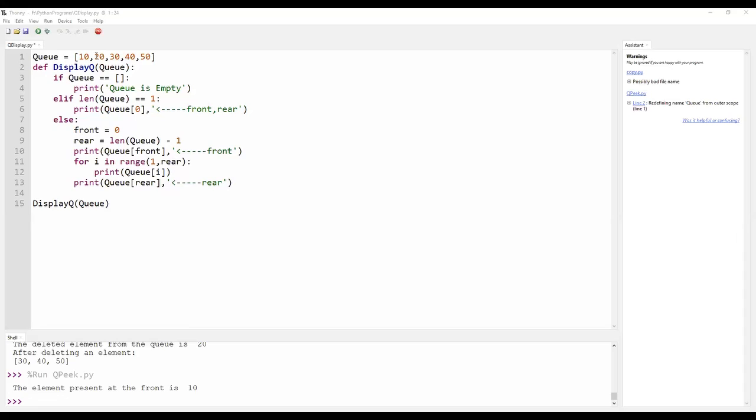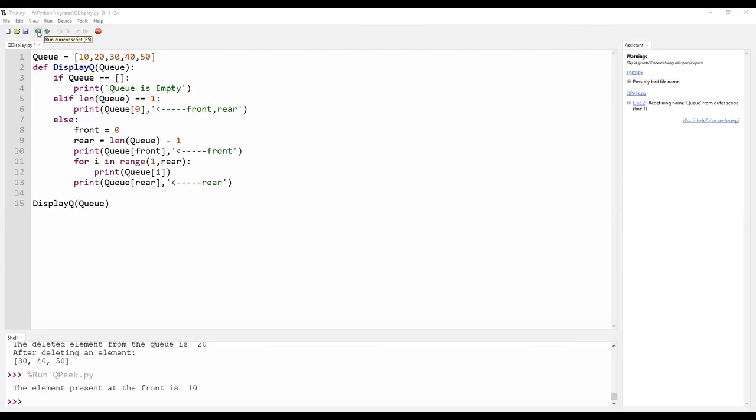It means it will try to print the values from 1 to 3. The rear value is 4. It will be printing 1 to 3, that is rear minus 1. It means the values which will be printed are 20, 30, and 40. Then the value of rear is 4. I am trying to print Q of rear and it will be printing the element 50.